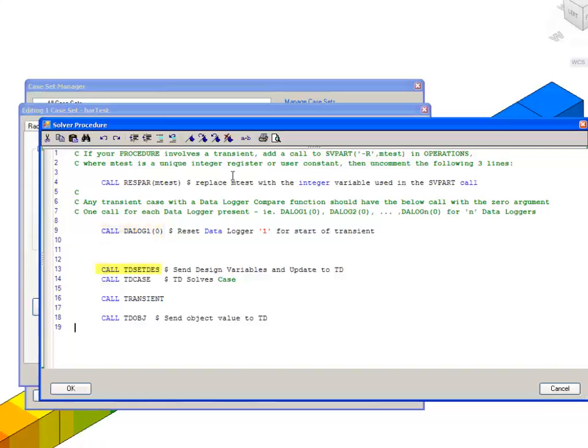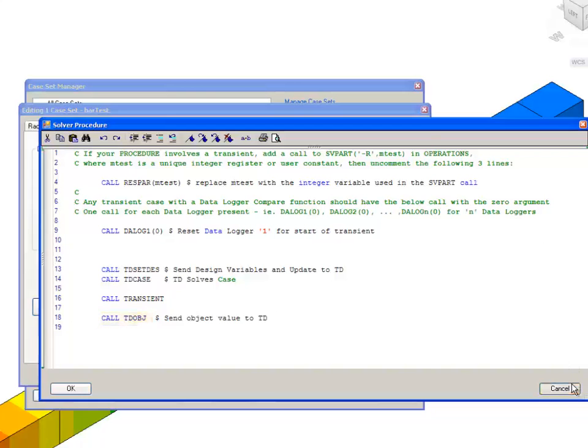I'm also making a call then to td_setDes, which sends the design variables, or as you'll remember, calibration parameters, those density and conductivity adjustment factors, back to TD to do the dynamic updates. So you can see right away I'll be using the TD dynamic mode here, commanding TD in this TD case call to update its calculations for node masses, conductivities, and so forth. Then run a transient, accumulate the error based on that, and report it to a file,